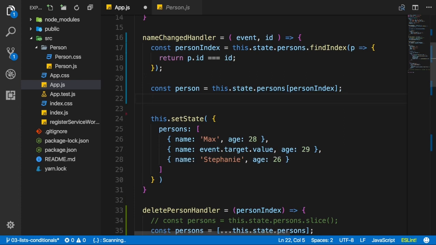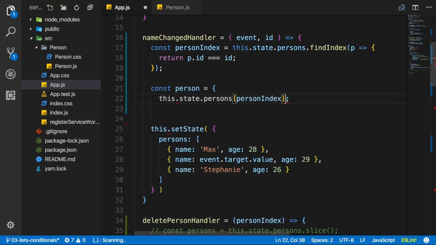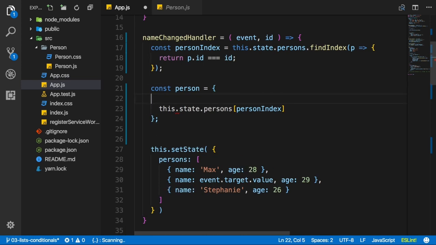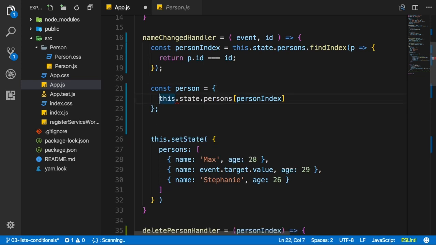So the better approach is to create a new JavaScript object like this, and then use this spread operator in front of the object I'm fetching. Just like with the array, it's also available for objects, and it will distribute all the properties of the object we fetch here